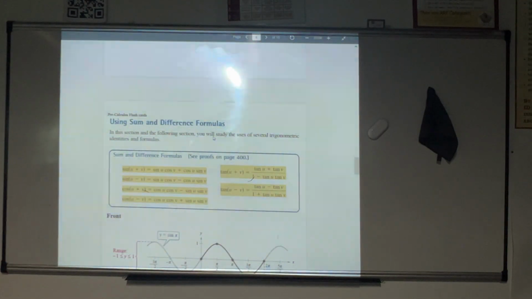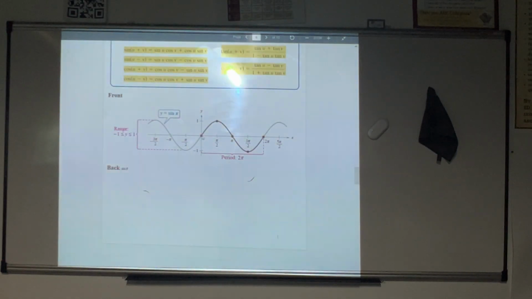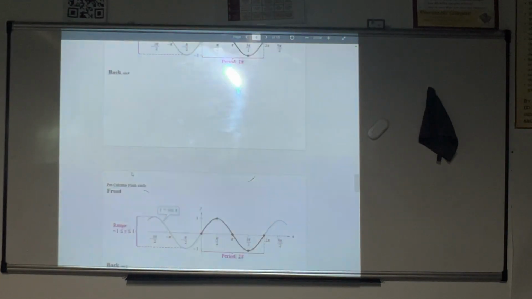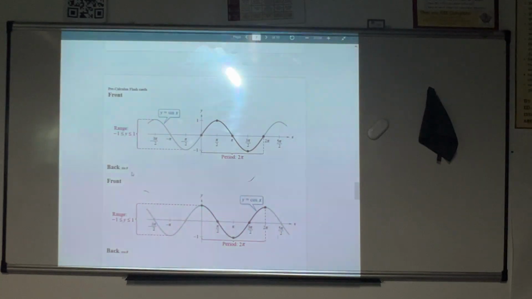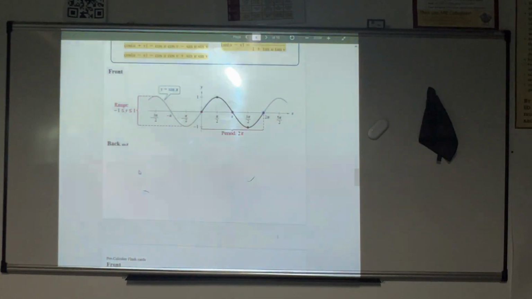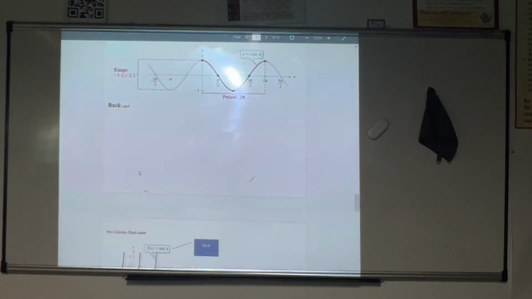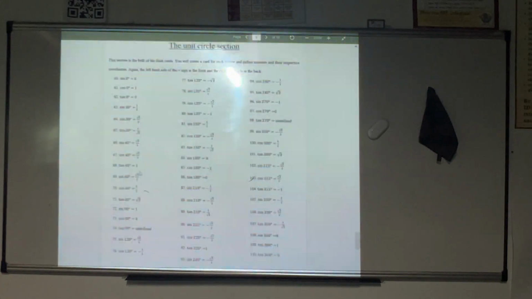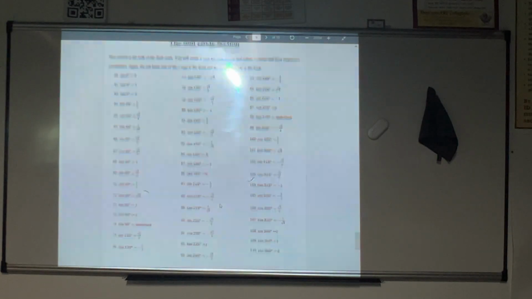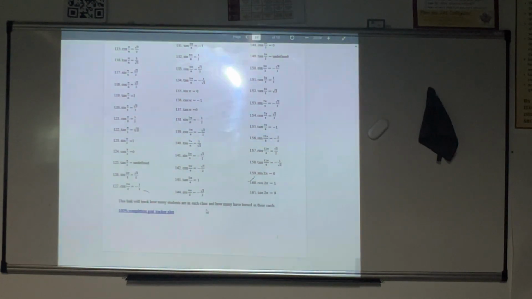Then you have your sum and differences. Then here it says draw sine over 1 period on the front, so you can quickly identify the graphs. That's sine theta on the back. This one is, oh, sorry, what am I actually looking at? Oh, sine. I did sine twice. Cosine, tangent, and then all of these. So there's a total of 161